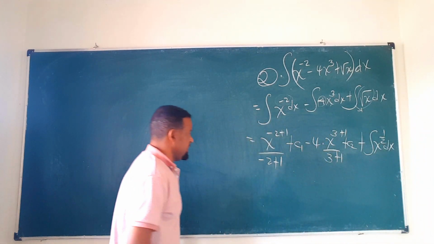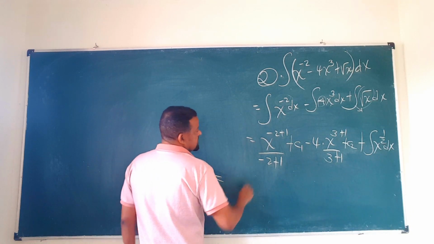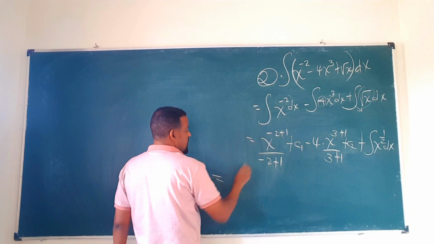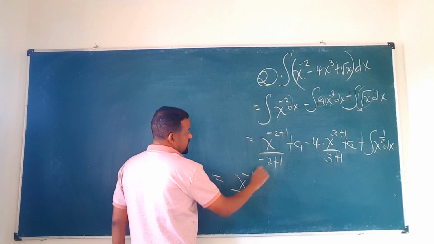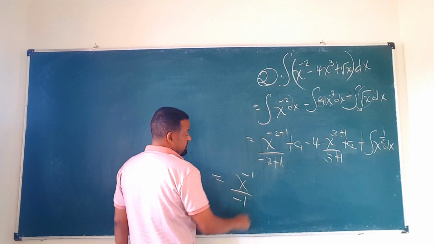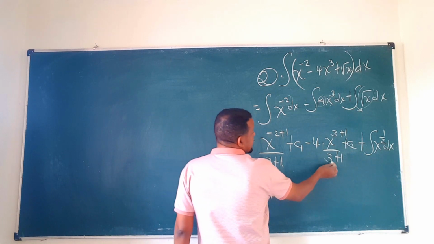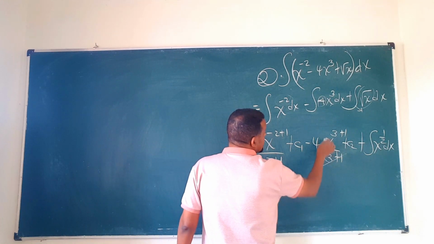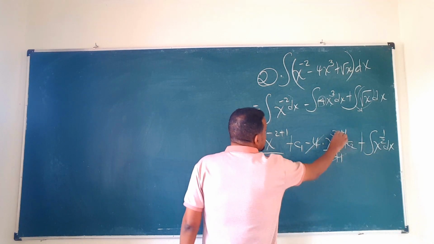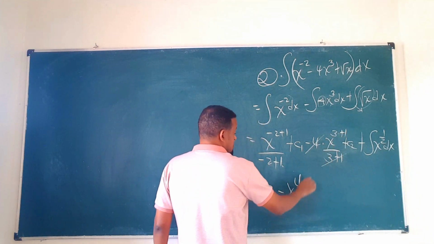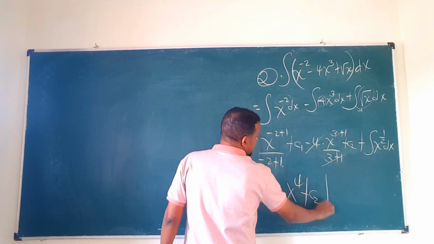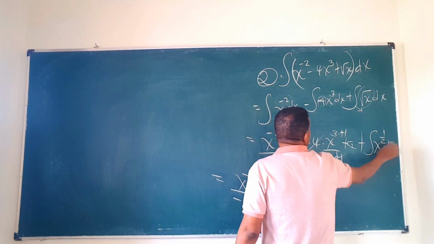So that will be negative 2 plus 1 is negative 1, so x to the power of negative 1 over negative 1 plus c1 of course, minus 4. 3 plus 1 is 4, so the 4 will cancel by 4, x to the power of 4 plus of course c2 plus x to the power of 1 over 2 plus 1